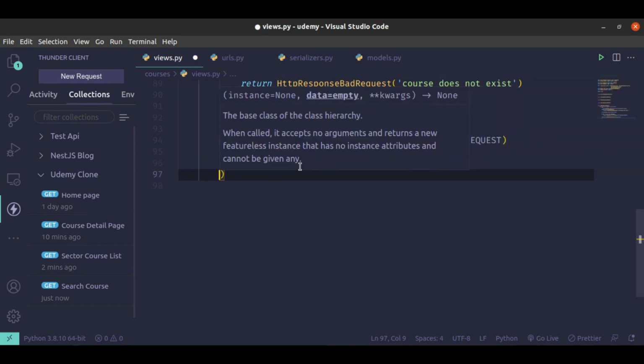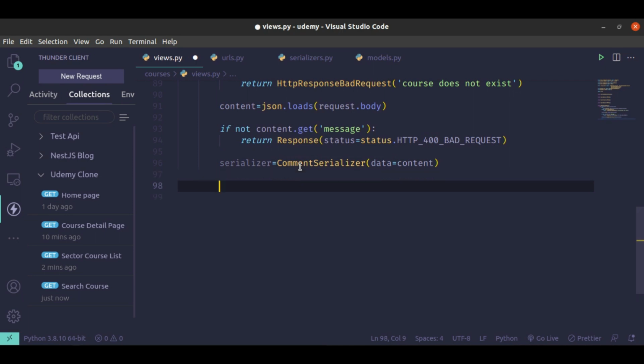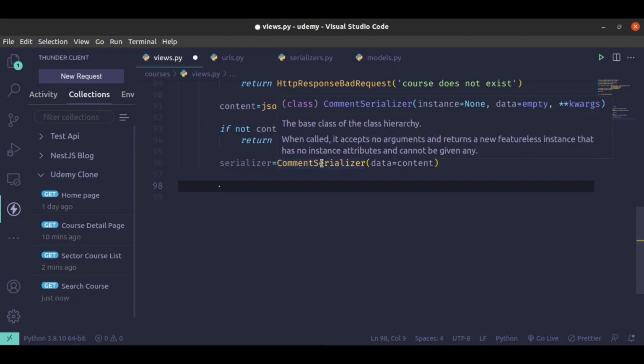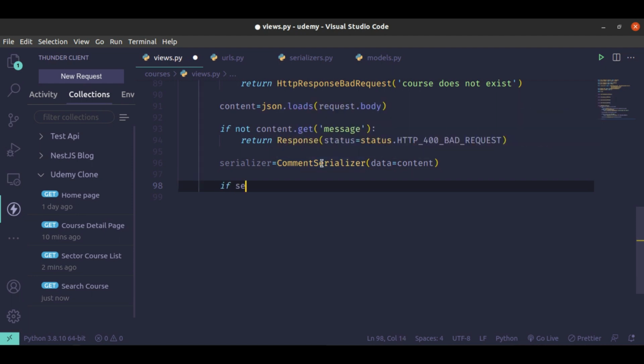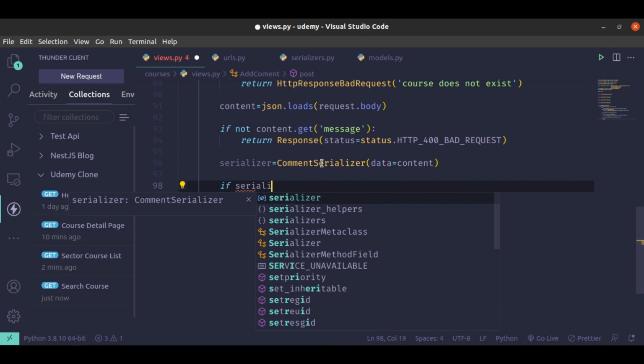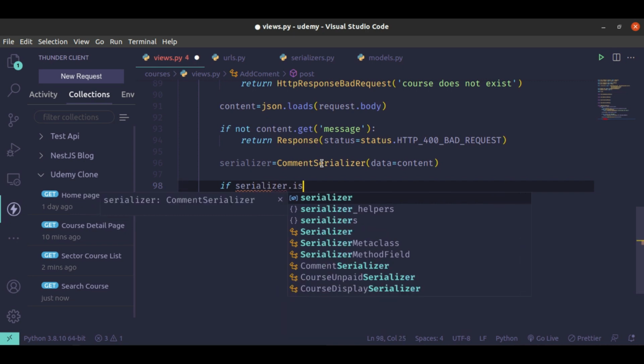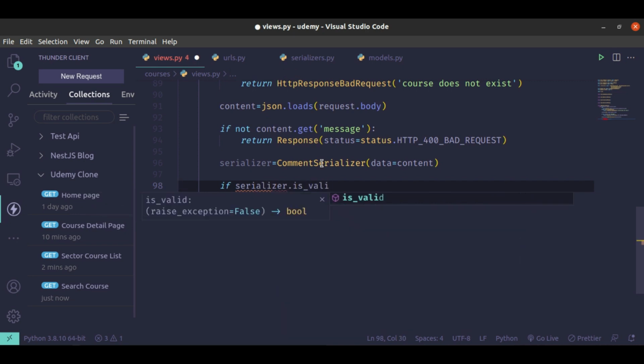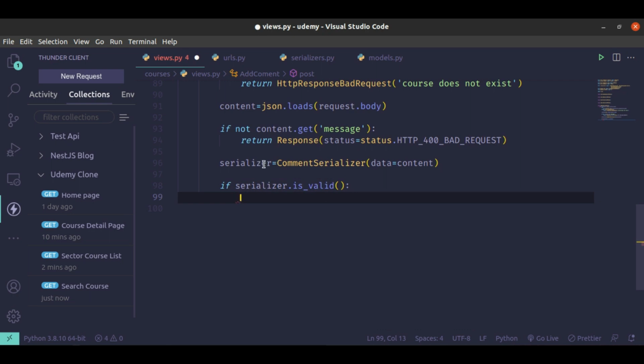This way. All right. Then after you have serialized it, you want to check if that serializer is valid. So if serializer.is_valid, all right, we want to save that particular serializer,